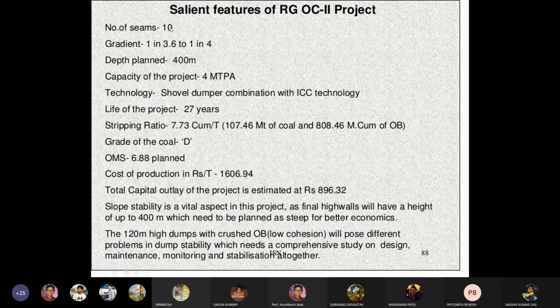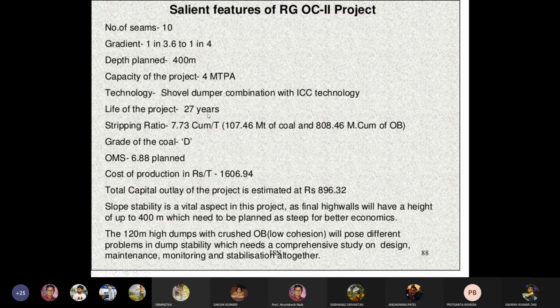The number of seams to be worked is 10. Gradient is 1 in 3.6 to 1 in 4. Depth planned is 400 meters of open cast mining. Capacity of the project is 4 million tons. Technology adopted is shovel dumper combination with in-pit crushing and conveying technology.